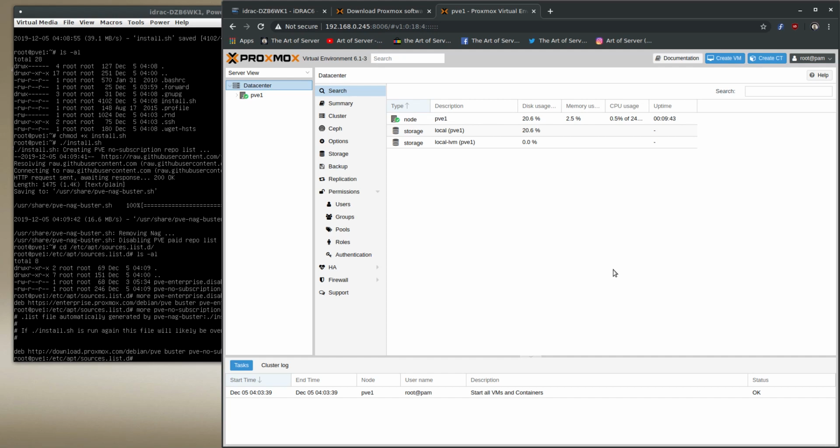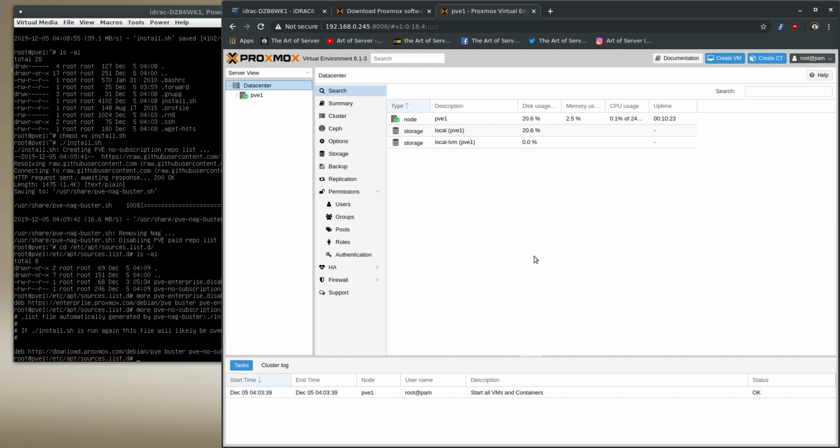Okay, all right. So now that we have the Proxmox installed, we have the pop-up message removed, and most importantly, before the next step, which is to update the system, we've also changed to the no subscription repository. Now that's important because in the next step, we're going to tell the system to pull down all the metadata for any available updates or packages, and we don't want to point it to the wrong repository. Otherwise, it'll try to pull the metadata for